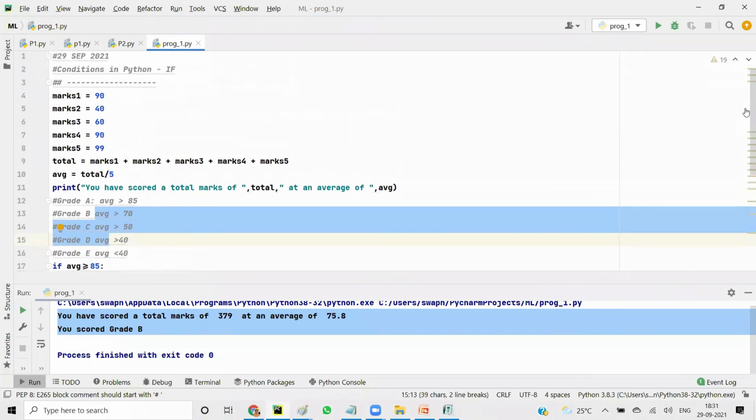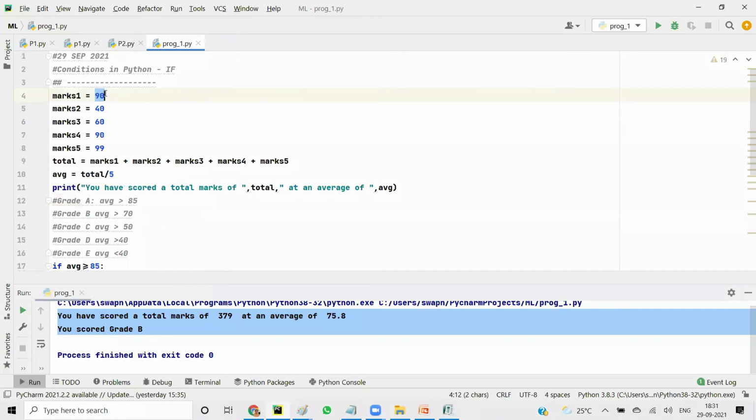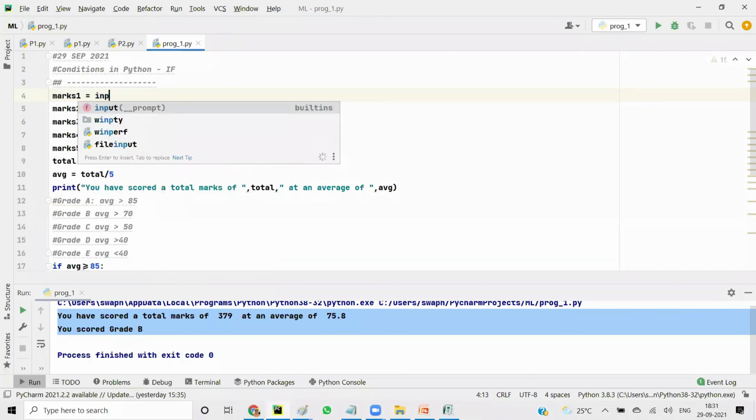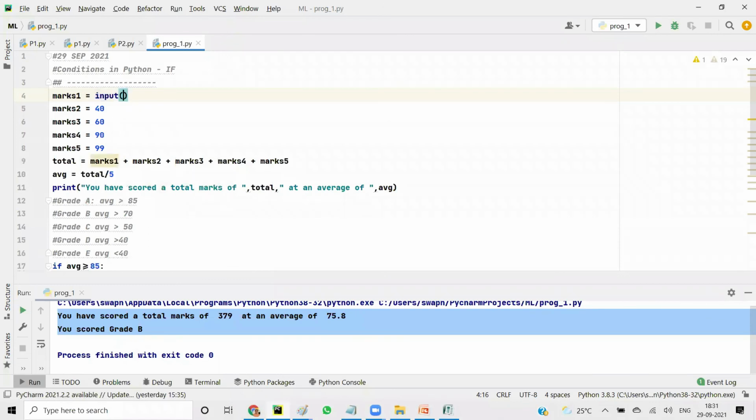Let's say I don't want to give a fixed value. I want to take a value from the user, right? We discussed this. So we say input. Input is to take the value from the user, so it will not take a fixed value. Let's say I'll try only for marks 1, and you can change it for other variables as well. So when I say input,